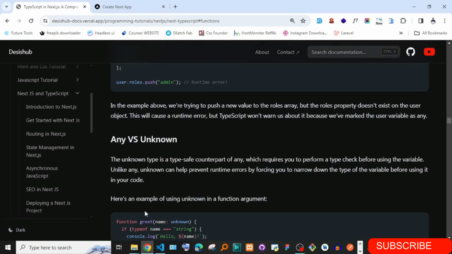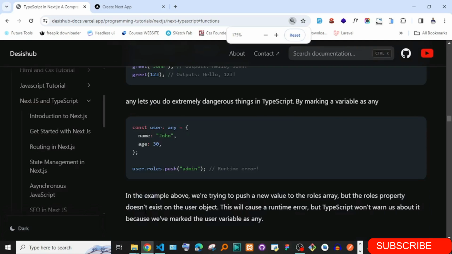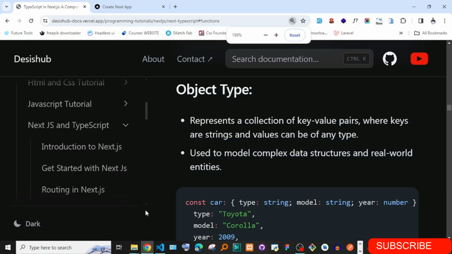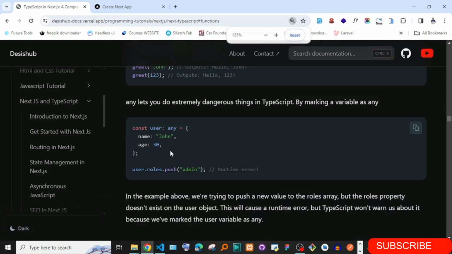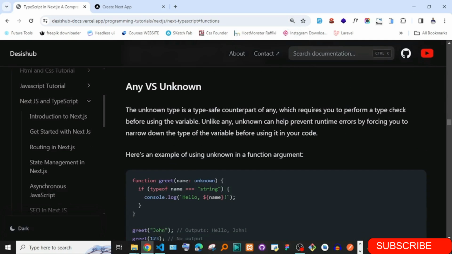Now there's another one, they called unknown. They brought in the unknown type as the best way of avoiding using any. Instead you can use unknown. So here, for instance, instead of saying any for this name, you can say unknown.